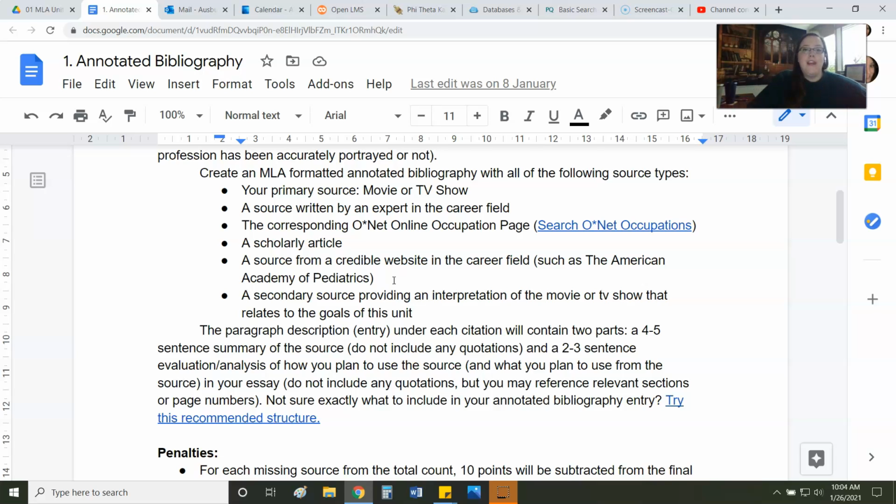And then finally, a secondary source. This is the source type that most of my students have the hardest time finding, mostly because they're confused on what I'm looking for. So here, a secondary source providing an interpretation of the movie or TV show that relates to the goals of this unit. There are plenty of people who have asked the same questions about these movies and TV shows that we are asking. And so what I would do is I would just go to Google